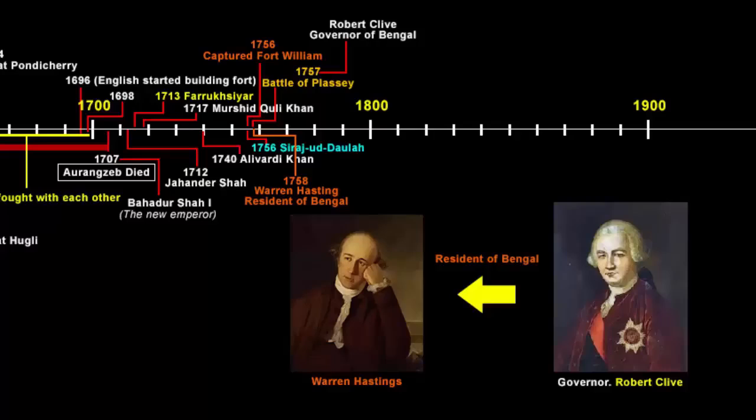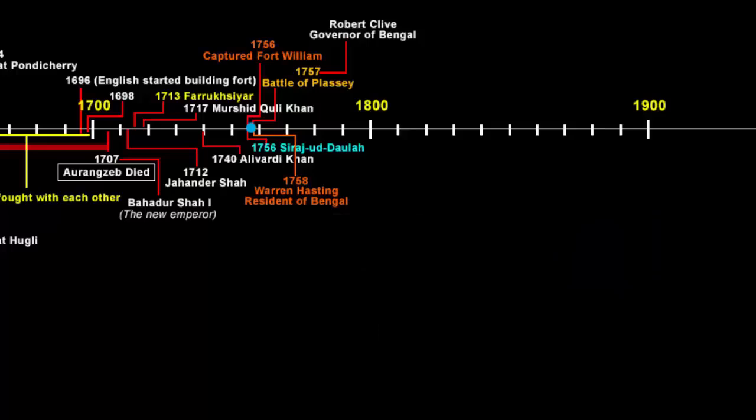So anyway, by appointing residents, we can clearly see what the company's intentions were. They wanted to use political, economic and diplomatic methods to extend their influence. For example, the company with the help of its residents was trying to decide who was to be the successor of the throne and who was to be appointed in administrative posts. And by doing so, it could extend its influence and become more powerful. Now this period from 1757 is the beginning of company rule in India.